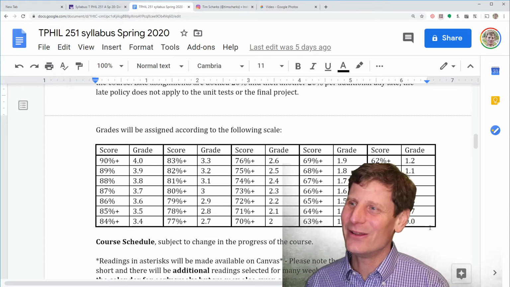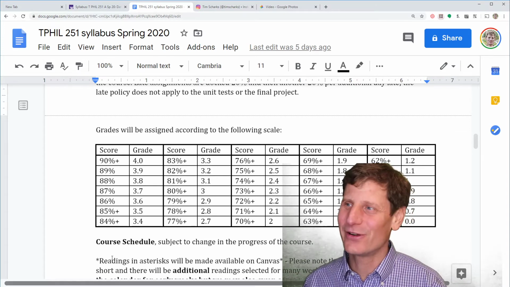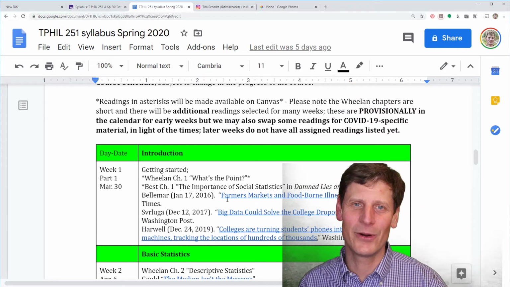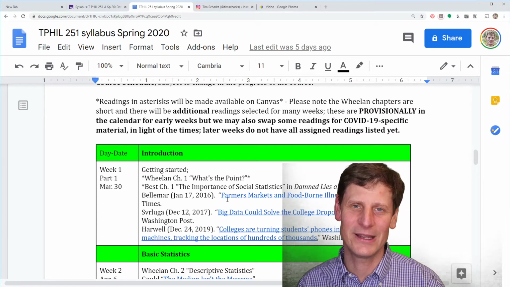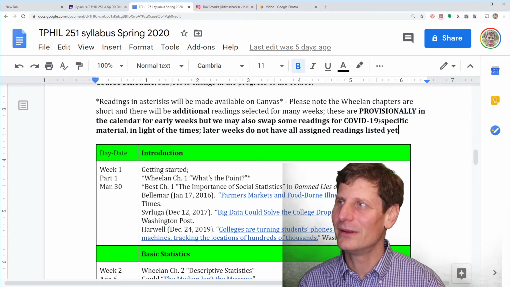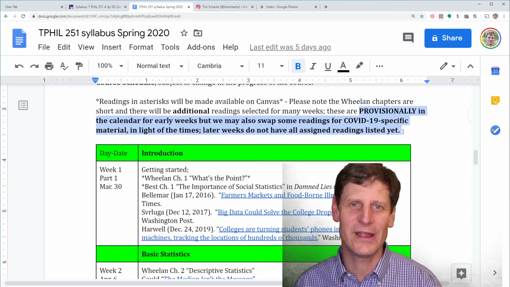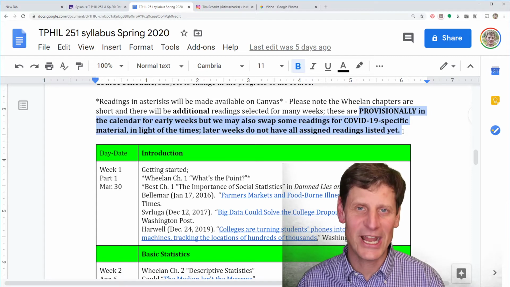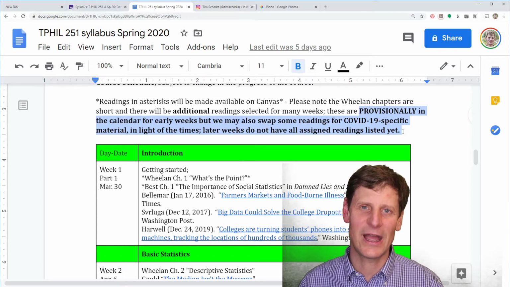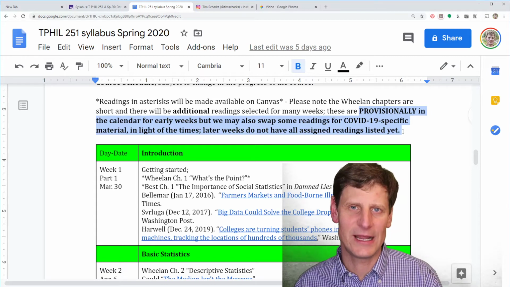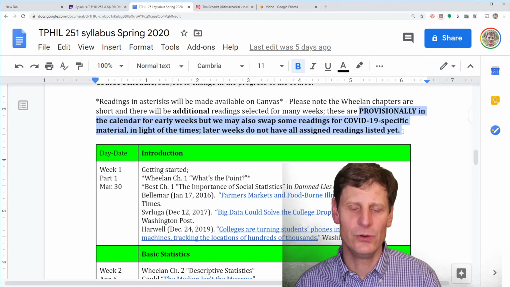So quickly, there's a course schedule here. I'm not going to read you the course schedule, but what I want to point out to you is that there's readings. The readings will go up under modules where there's a link, but there's this big, bold and partly all caps announcement, which is that the readings are not definite in later weeks. I might change some of them because I think that we have really a great opportunity right now. We have a great opportunity to